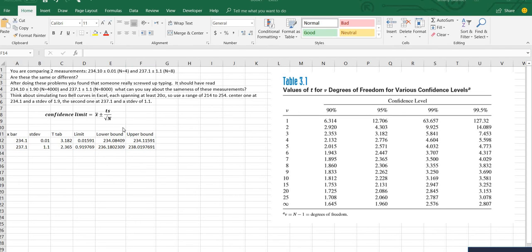As a result of our calculations, at the 95% confidence level, the true values of these two measurements did not overlap, therefore they are different. When you're determining whether they are different or the same, you're always looking at the lower bound and the upper bound and comparing the true value. So our final answer would be